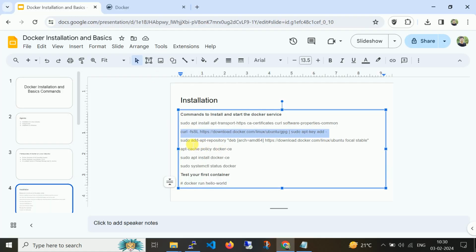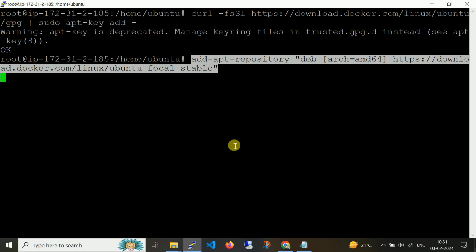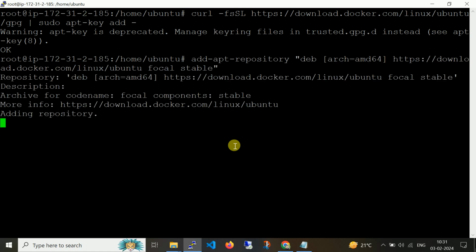It shows a warning that apt-key is deprecated. Now this deb entry needs to be added to the local repository. So just press enter.